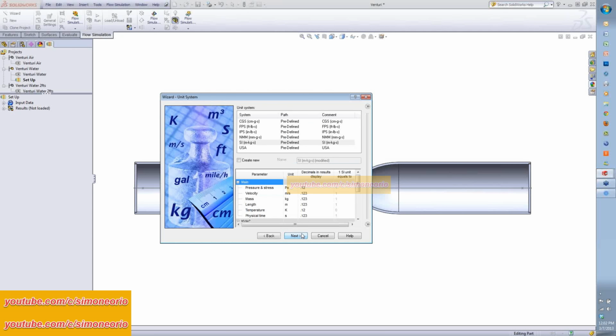The next thing we want to do is set up our unit system. Our units here, we can do foot-pound-second, inch-pound-second, or if we wanted to, we can do a custom group of units.